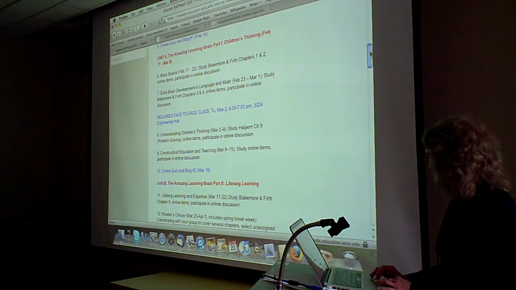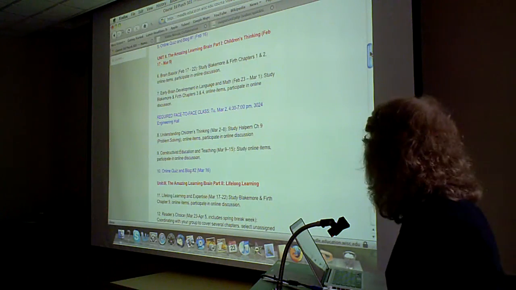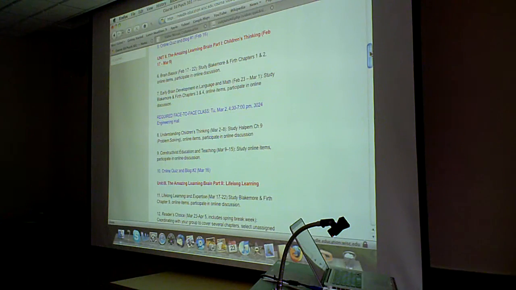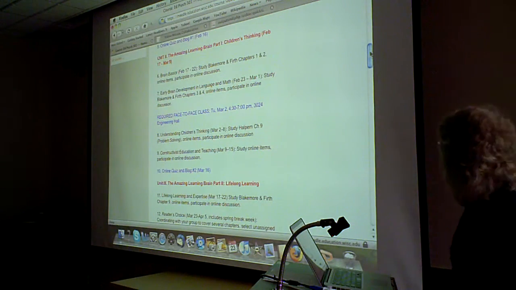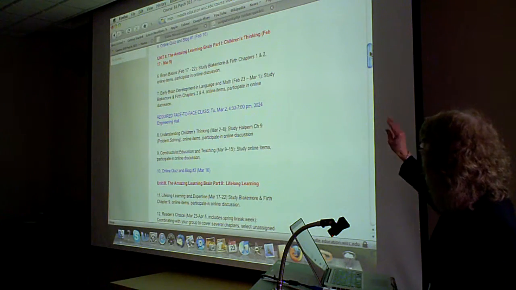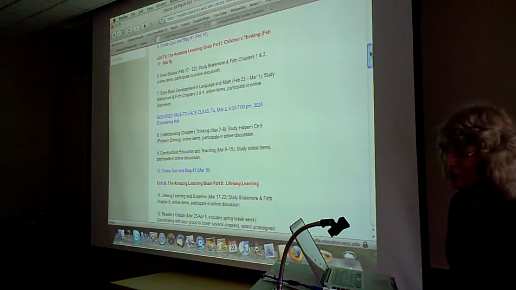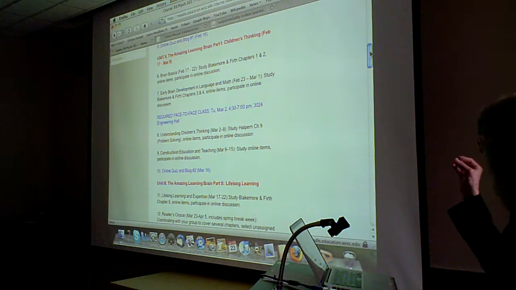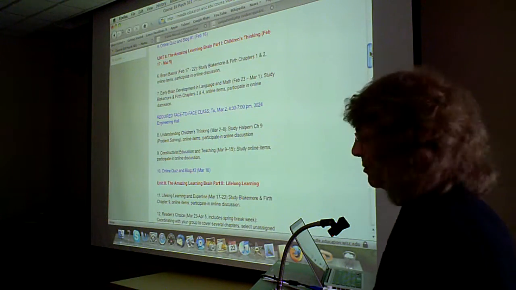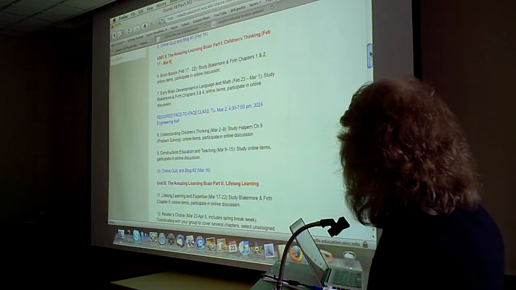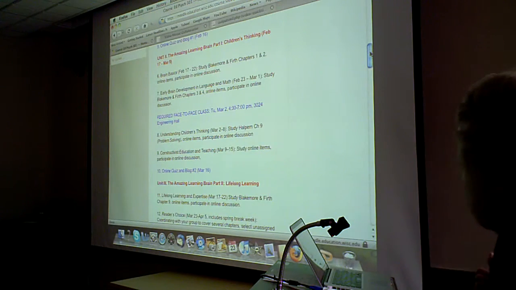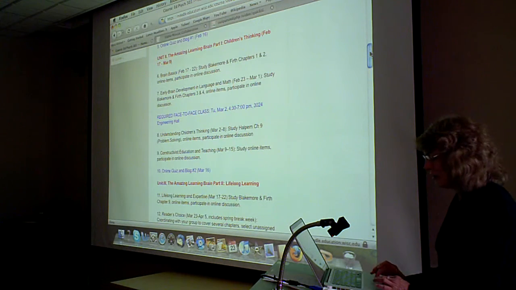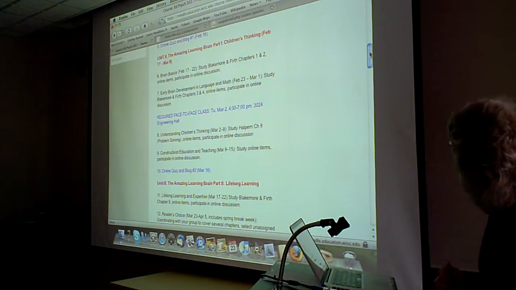The unit we're going to look at today is actually Unit 2, The Amazing Learning Brain, Part 1, Children's Thinking. And they start out, I have a wonderful teacher-friendly book by Blakemore and Frith, Brain-Based Education. We start out with some very basics about what is brain science, what's its relationship to cognitive science and neuroscience. Then they move into early brain development in language and math, and this is a unit that they are on now, and I'd like to show it to you because it does make use of some of the videos.